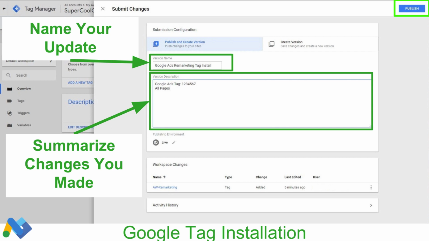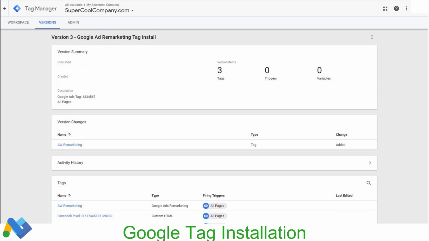And if there's an individual tracking ID or trigger URL, I'd go ahead and paste that in here just so it's really easy to document and you don't ever have to remember what you changed with a version, just in case something goes wrong in the future. So we'll go ahead and publish that. We'll get our little summary here of everything that was done.